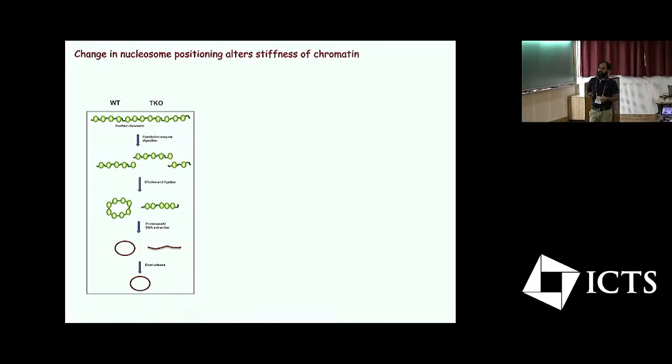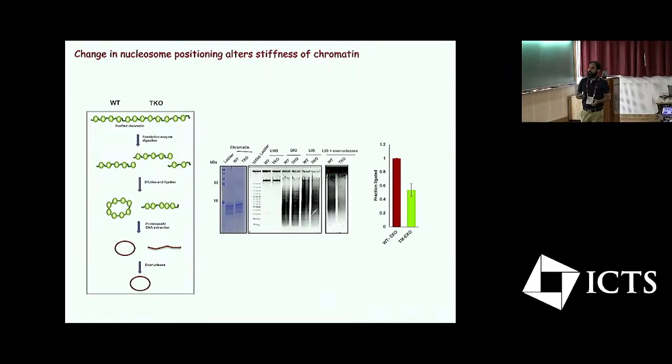So we add exonucleases to remove whatever is not in the circle, because it has not ligated, probably because it was stiff, so it didn't come together. If we see more ligated DNA, there is more end-to-end contact probability, or more probability of looping. So this is the data for that.